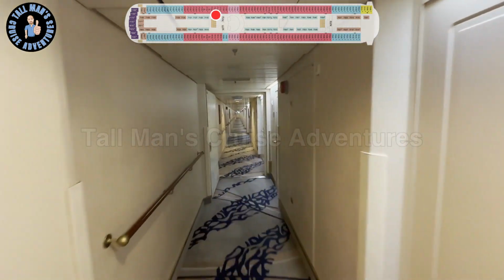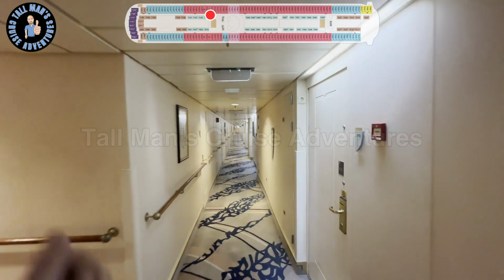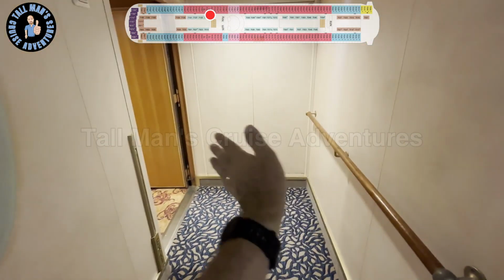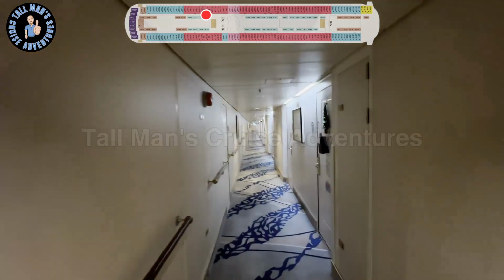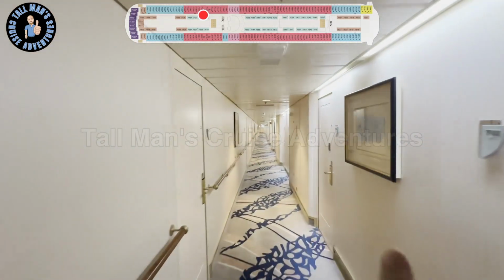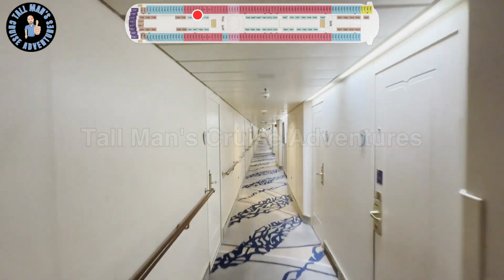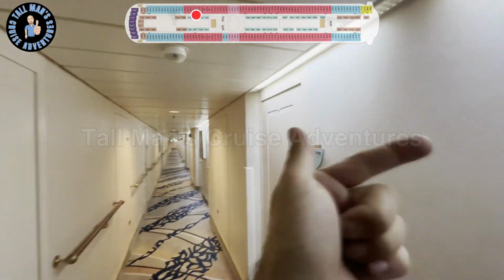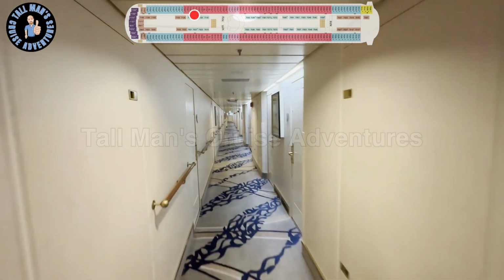7112, 114, 16, 18, access to the stairs there as well. 19, 22, 23, 24, 26, 27, 28,